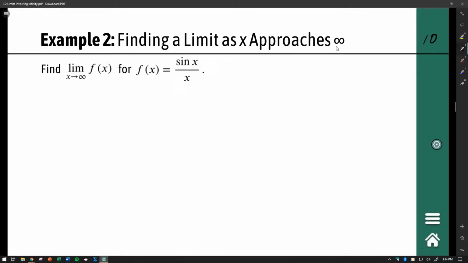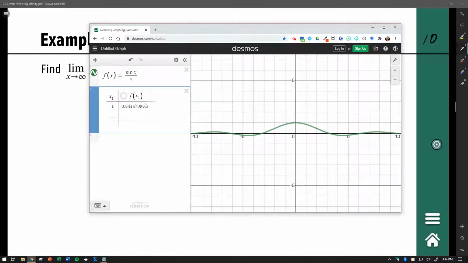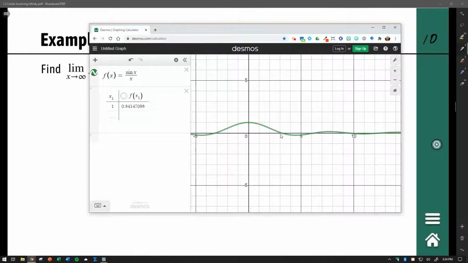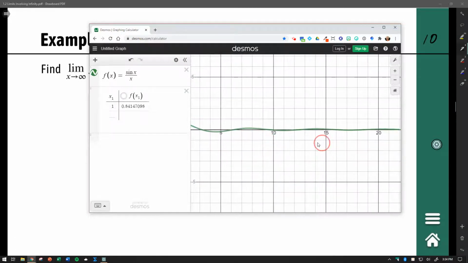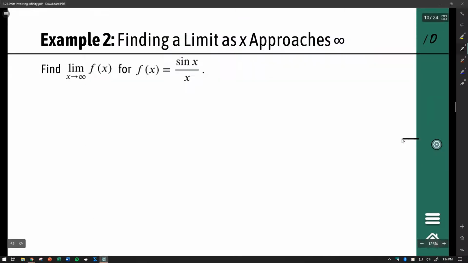So here's our example. Find the limit as x approaches infinity of f of x for this function, the sine of x over x. So I think the first thing we should do is examine this function graphically. So let's take a look at Desmos. Here it is, the sine of x over x, and we see that this function oscillates back and forth above and below the x-axis,